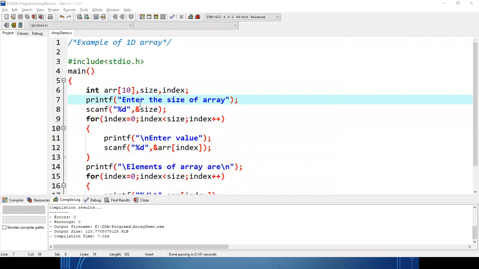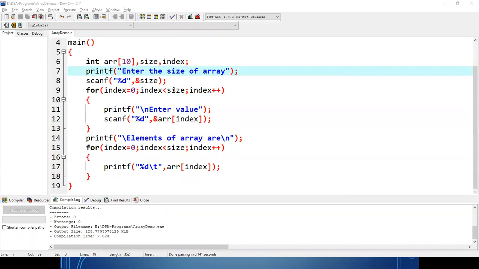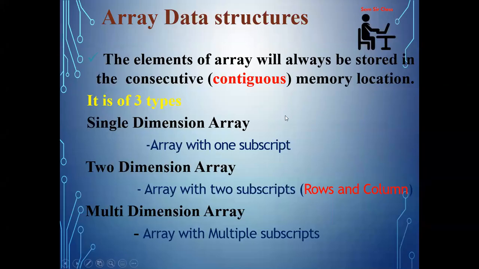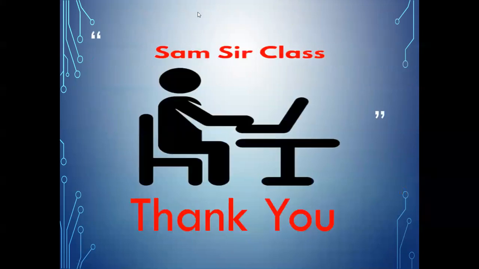Now this is the simple array data structure: how to declare an array, how to take input and how to display it. By using this concept, we will write various array programs in our next videos. In subsequent videos, we'll focus on writing programs and understanding why every statement is written. Without understanding anything, we will never write a single line of code. Clear? I hope everyone has understood; try to write all the programs and implement them. Two-dimensional and multi-dimensional arrays, whenever the requirement comes in subsequent videos, we'll definitely discuss with examples. Thank you everyone for watching this.